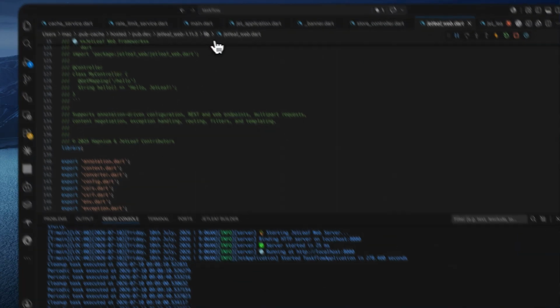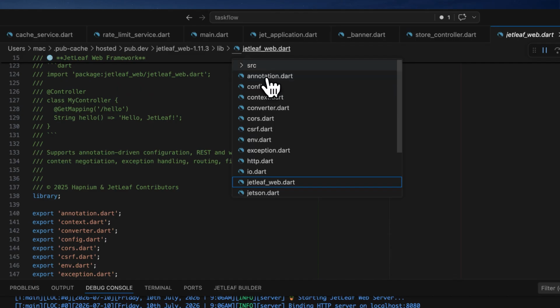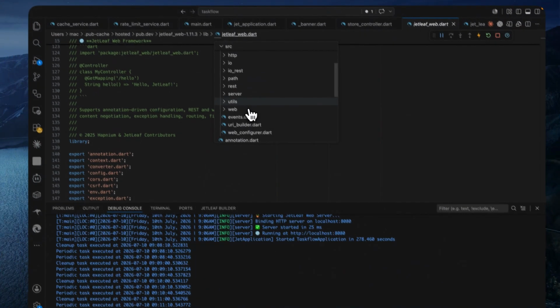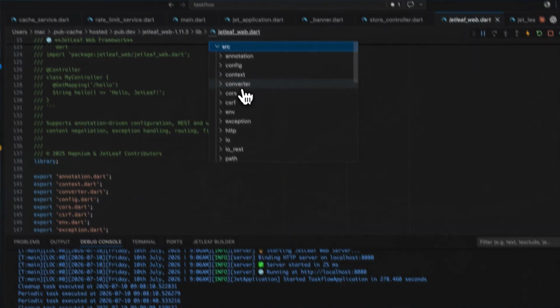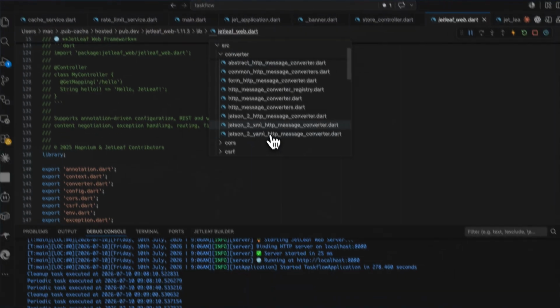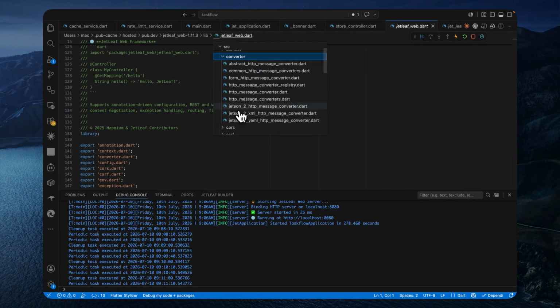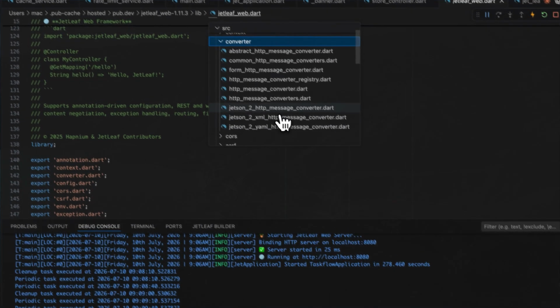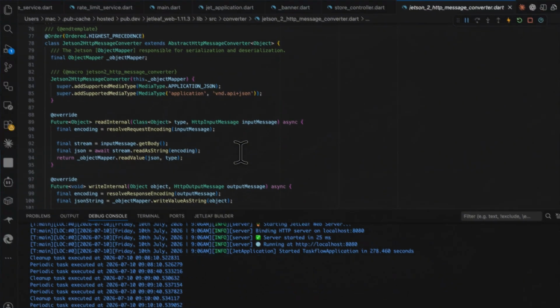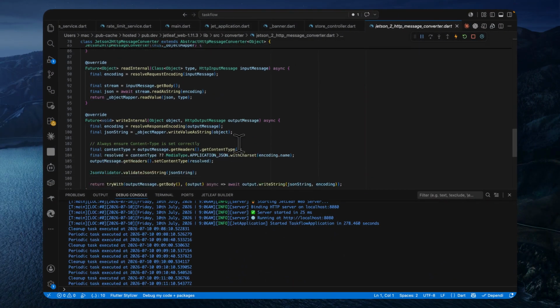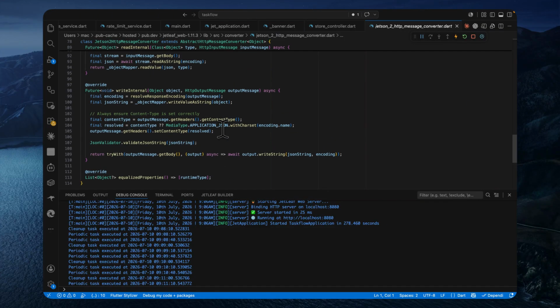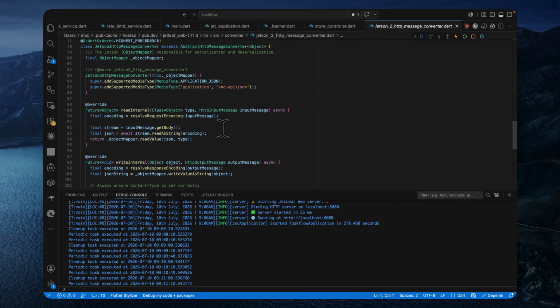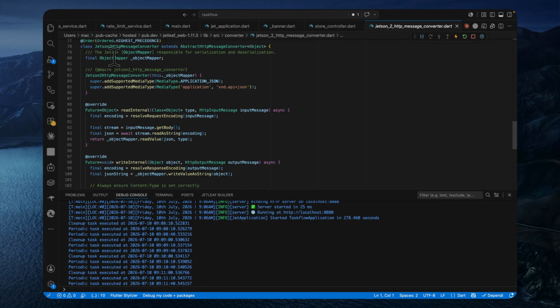Let us dive a little bit into it. We're not going to go much into it, but we're just going to look at the converter. So you see a lot of converters here. You see the Jetson to HTTP message converter, to XML, to YAML. This is how it's able to take your data object and convert it to JSON. As of now, we're using the JSON mapper. If we inspect, you see that it is actually using the JSON mapper right now to map your